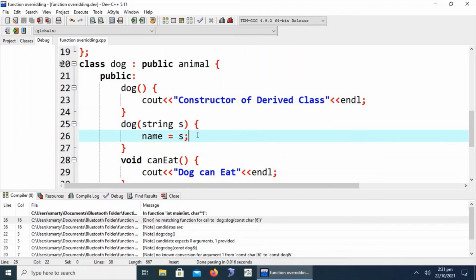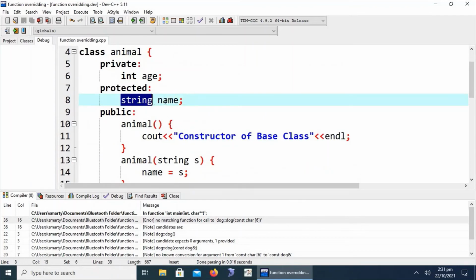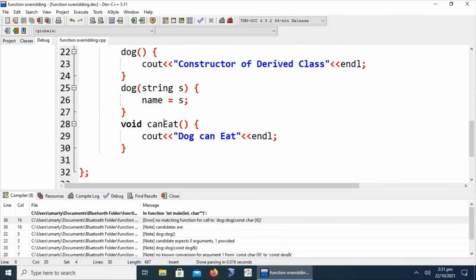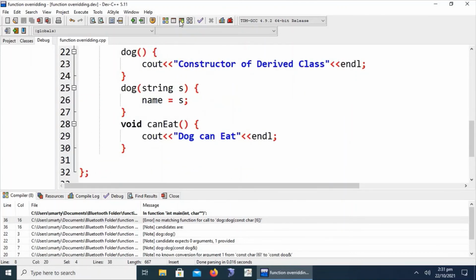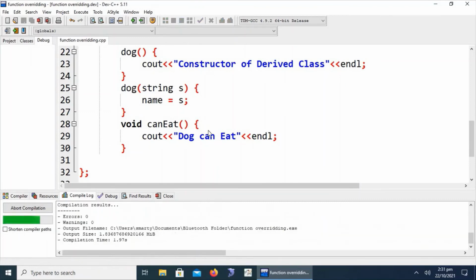Now what we will have to do? Name is not an attribute of the child class. Focus on that. The name is not an attribute of the child class. It is the protected member of the parent class. Now it is also accessible in the child class. Let it compile.